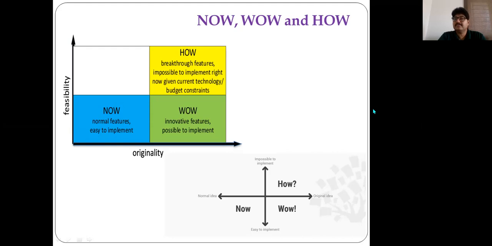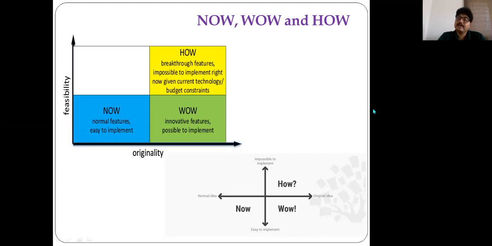And if you stretch a little based on the originality of ideas, rather than looking at what is available and trying to adapt it to our problems, you look at how you could make it unique, how you could make it different, how you could make it much better than what you observed in other products showing their benefits. Then that enters into wow. There is a wow factor which can be added by looking into the other matrix, where originality has been increased and feasibility is still in the form of easy implementation.